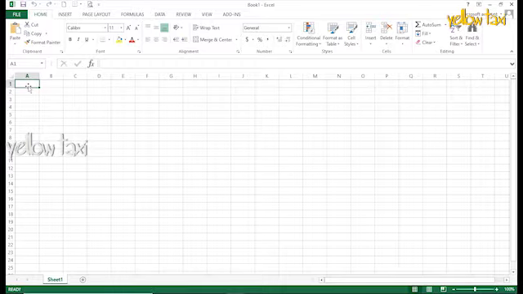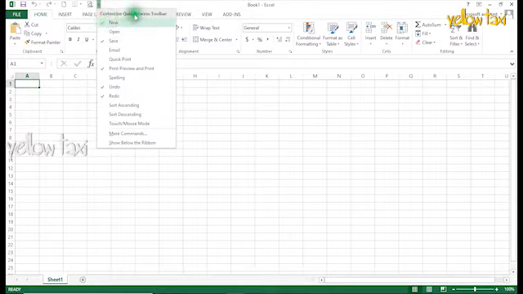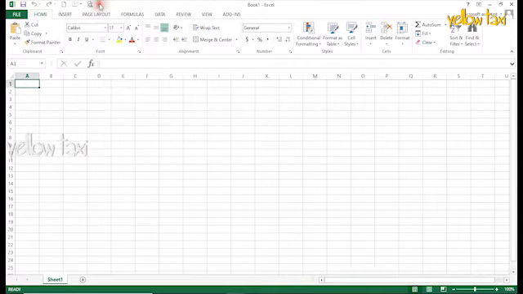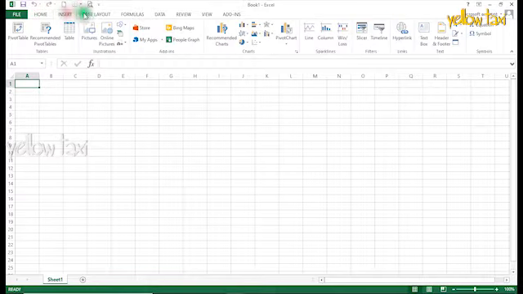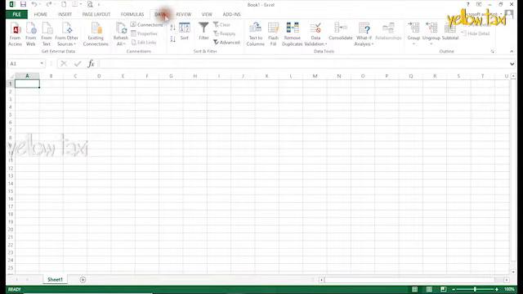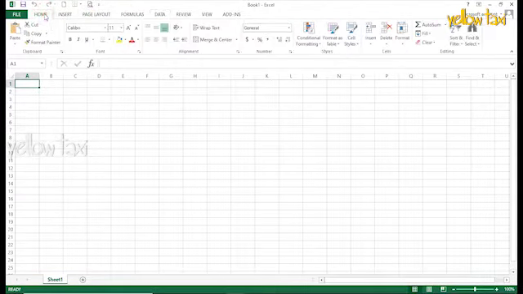I have opened a blank workbook to explain the Quick Access toolbar and menu. Quick Access toolbar, called QAT, is the only toolbar available in MS Excel newer versions from 2007 onwards. Below the QAT, there are many menus. They are called tabs. In previous versions, they are known as menus, which list the options below.